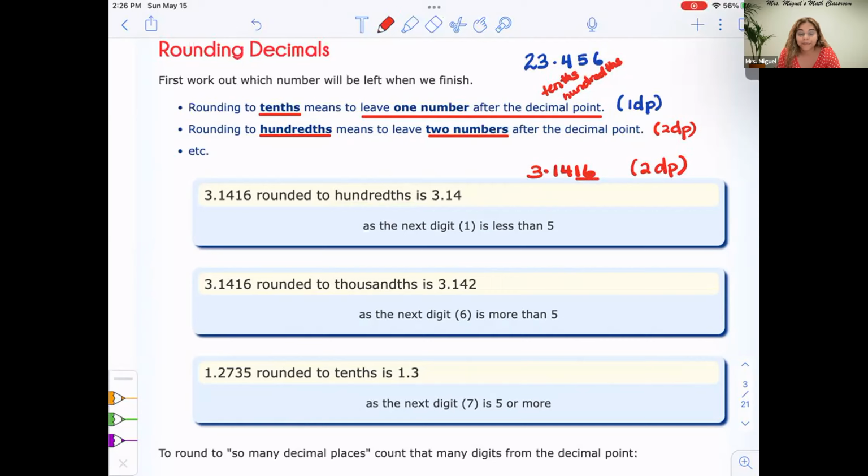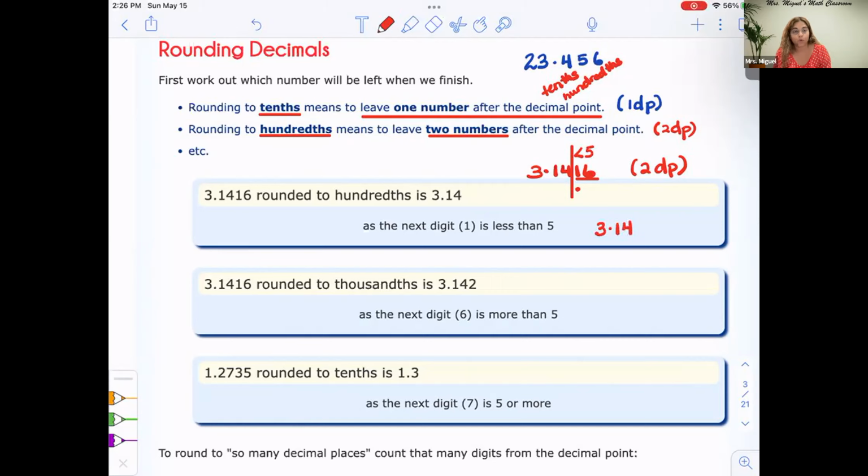This is my cutoff here. Now, this 1 plays an important role. The 1 is what we call the deciding factor. It tells me whether I need to add 1 to the number before or I need to leave it alone. Since the 1 is less than 5, I do not add 1. So the answer becomes